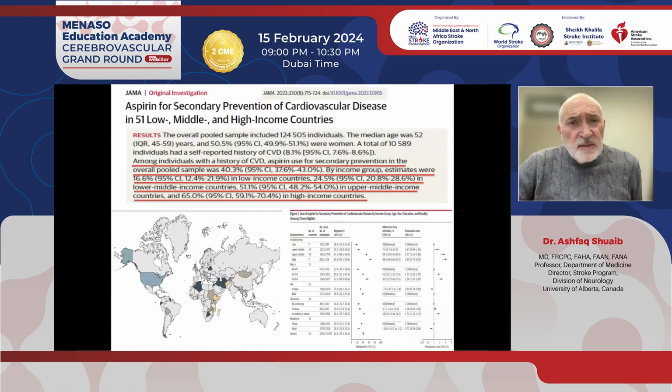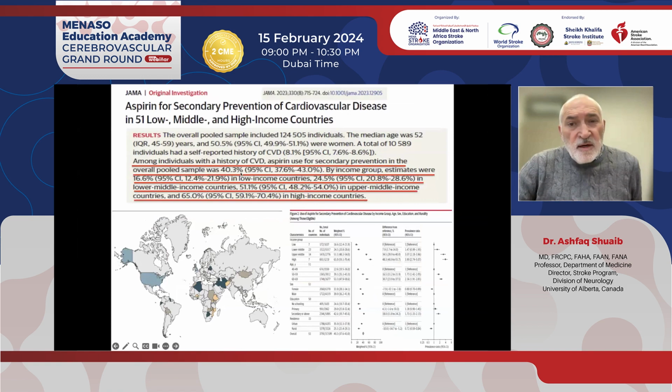This is again a very recent publication that's somewhat disturbing, on the use of aspirin for secondary prevention of cardiovascular disease that includes stroke in low to middle income to high income countries. So you are here in the Middle East, which is considered to be middle income countries. The yellow are low income countries. And you can see what I'm trying to show you, that overall,